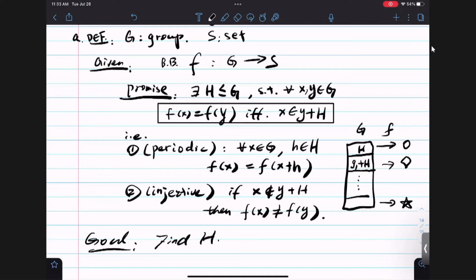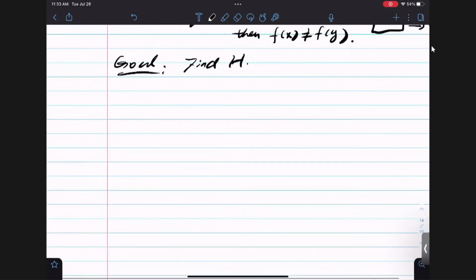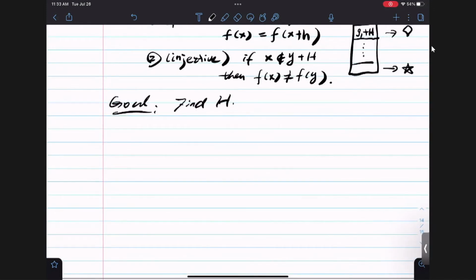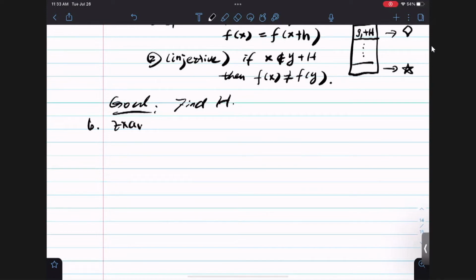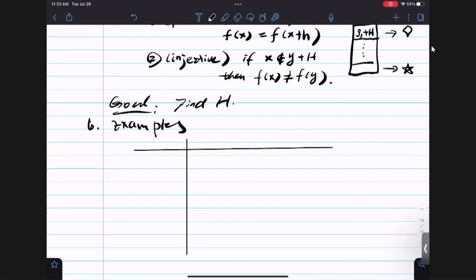Okay, so let's see how this framework actually subsumes the examples we've discussed so far. So I'm going to create a table here to specify the group G and the subgroup H in each case. Okay, so in Deutsch problem,